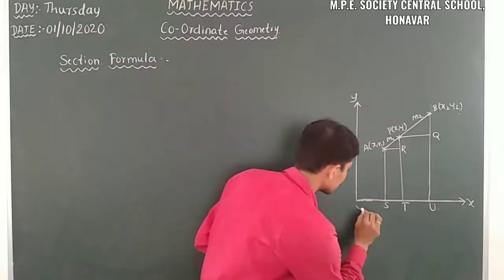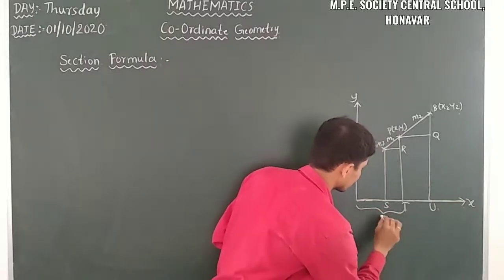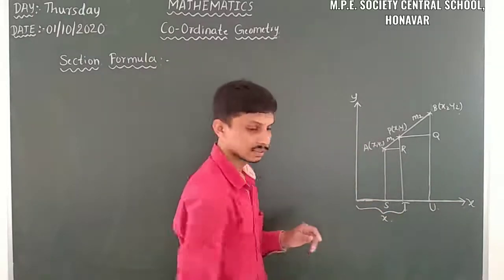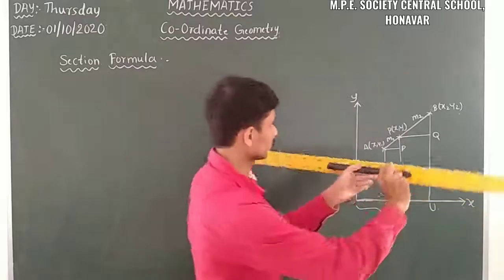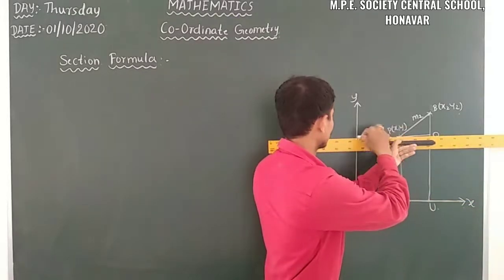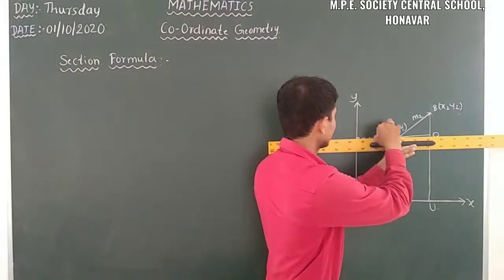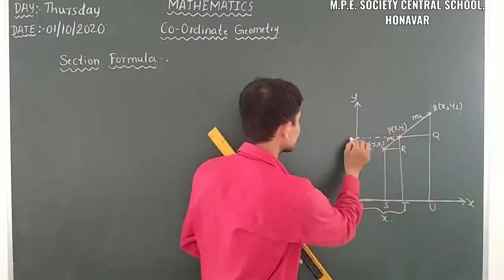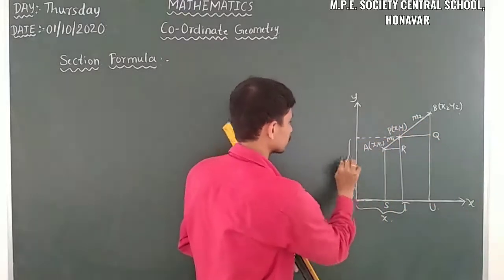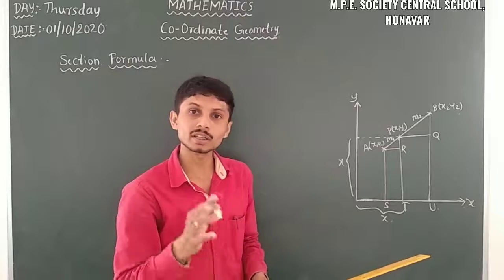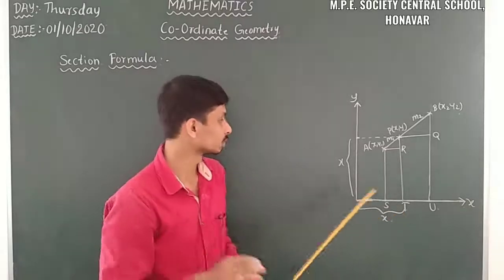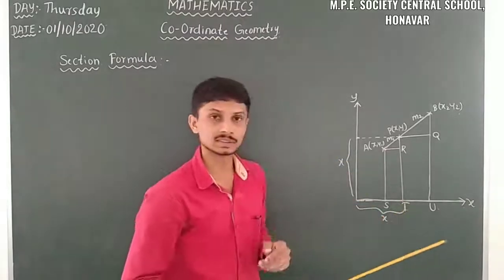That means here it is x and here it is y. When we take this, this distance is known as y, according to locating a point in the Cartesian plane. So we have our two distances.